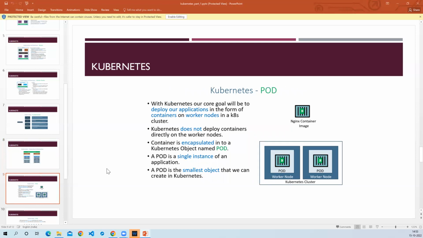So next, with Kubernetes, our core goal is to deploy our application in the form of containers on the worker nodes. So when you have the images, we can deploy our application. Suppose somebody has created an application in .NET, that application we can deploy on the worker nodes in the Kubernetes cluster. So in there you will have this